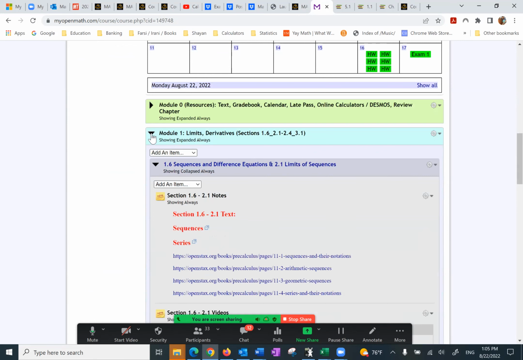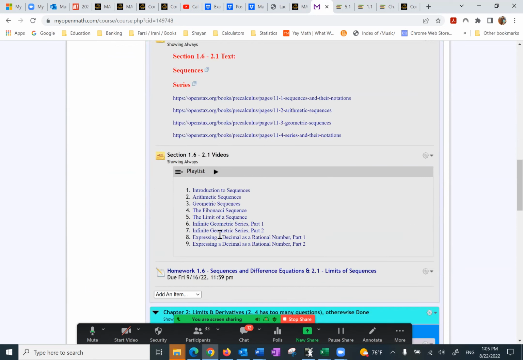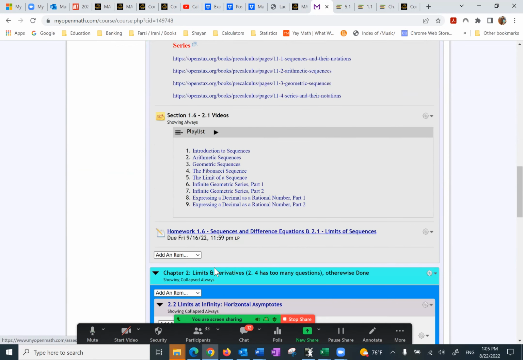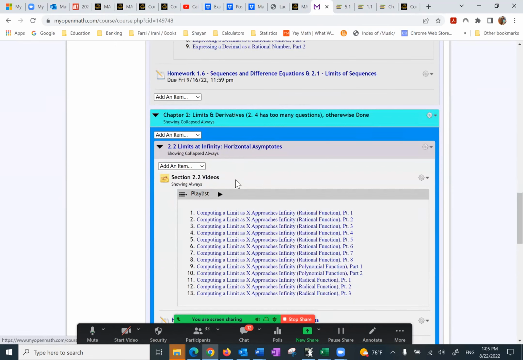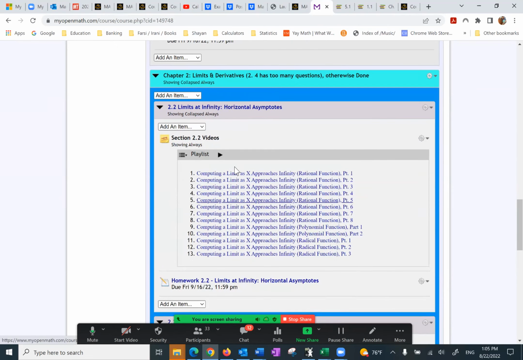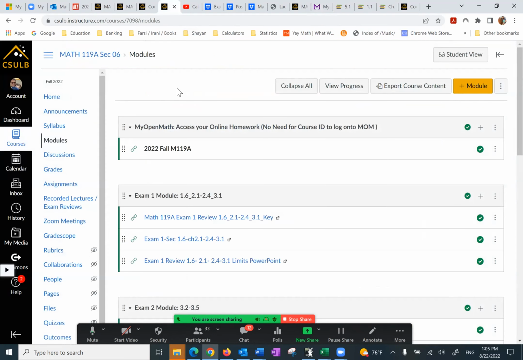Then module 1 starts with the section number, some videos if you like, and then the homework for that section. Then you go to the next one. This is for 1.6 as well as 2.1. The next one does the same thing. It starts with some videos and then the homework, videos and the homework. And again, where do you find that? On the modules right here.